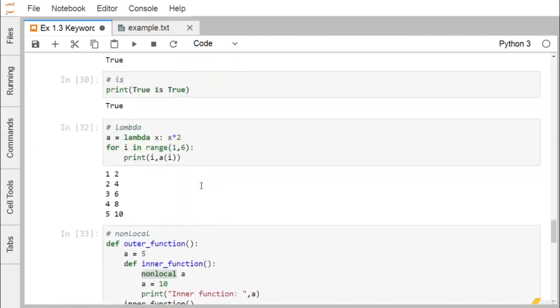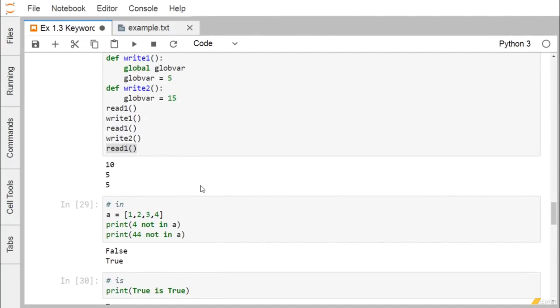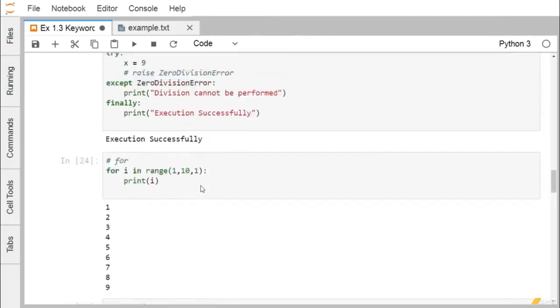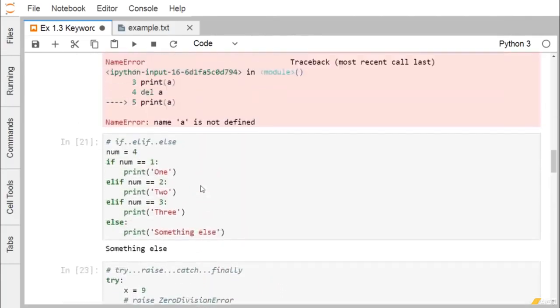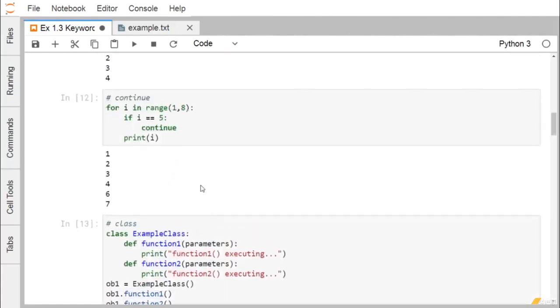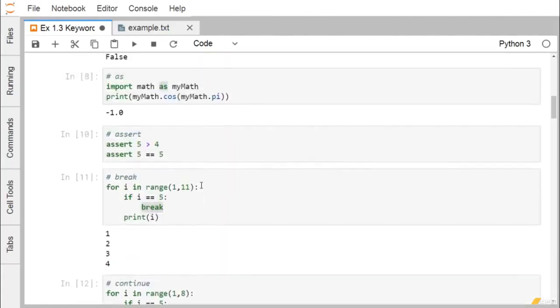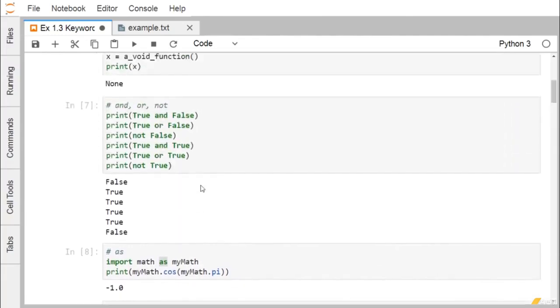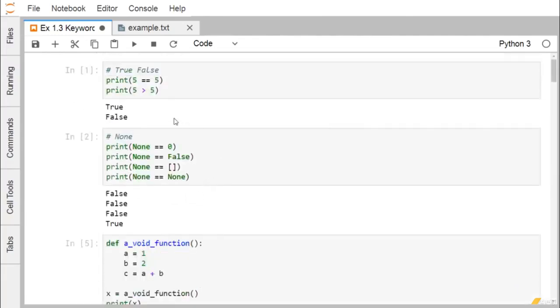You can see there are so many different keywords we have defined. Other than this, other keywords are also available, but these are the most usable and frequently used keywords in our Python code, and on them we have written small example codes, and we have explained that one with the required